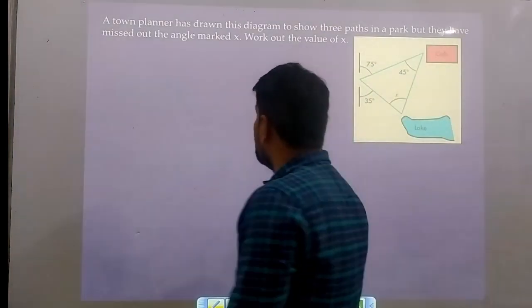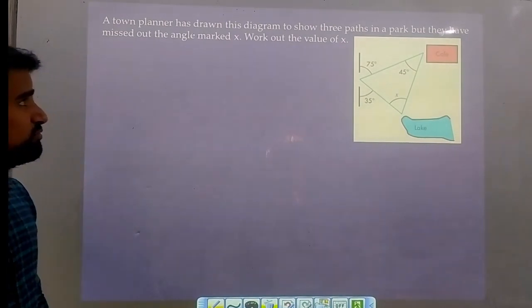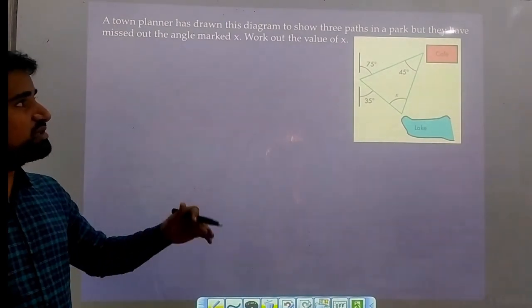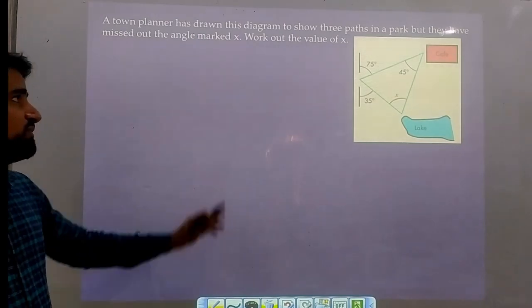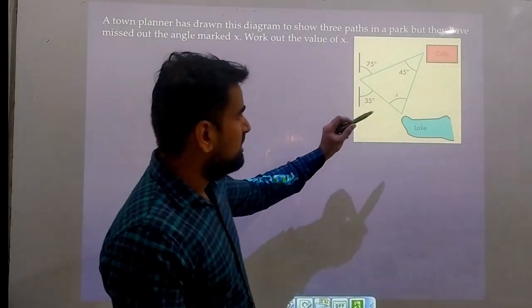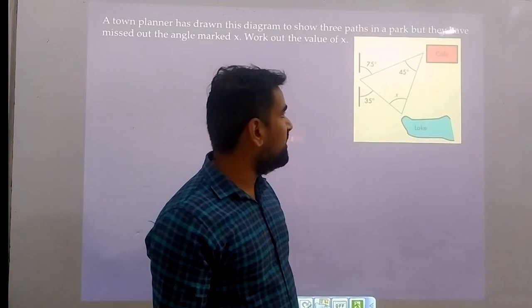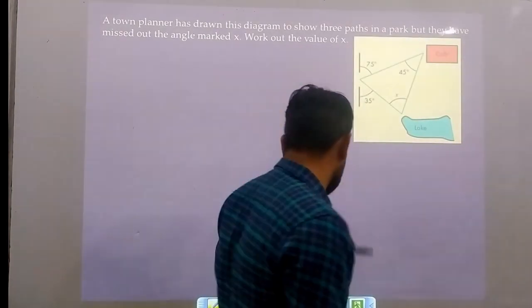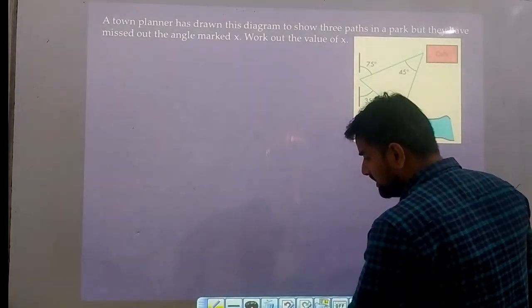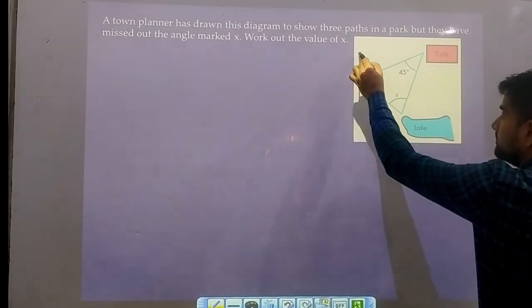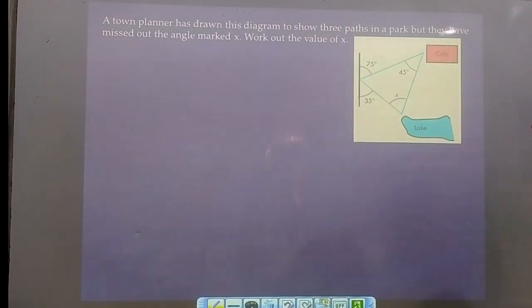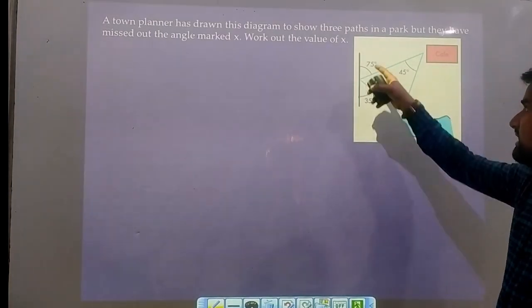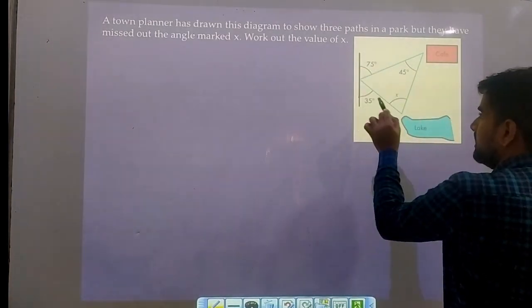A town planner has drawn this diagram to show the three parts of the park, but they have missed out the angle marked x. Work out the value of x. Here, this is the x angle that you need to find, and this is a straight line. If you join it, let's make this construction complete. Let's join this line. If I join this line, I can see that this is 75 degrees, and this one is